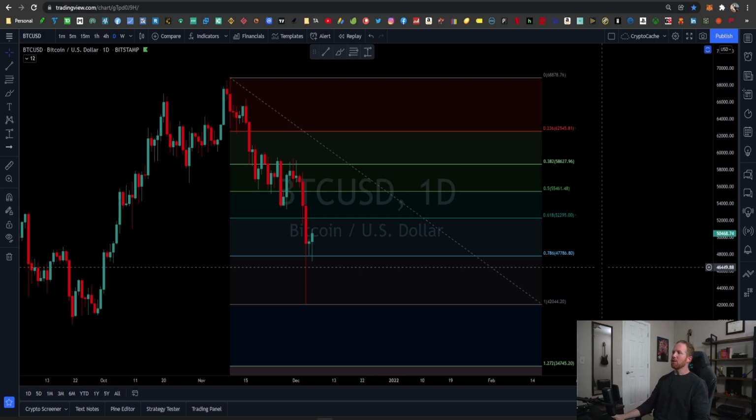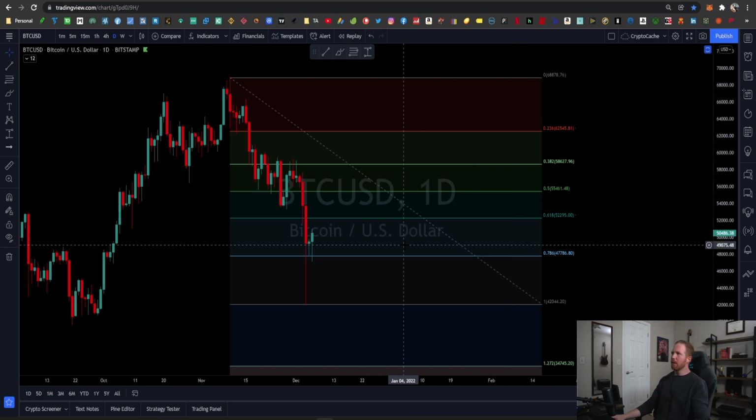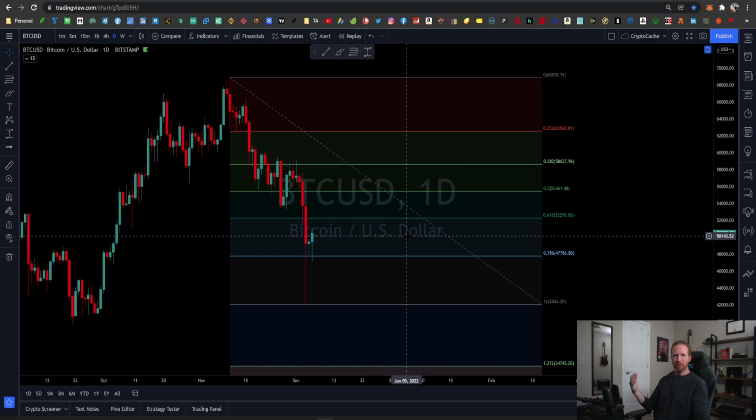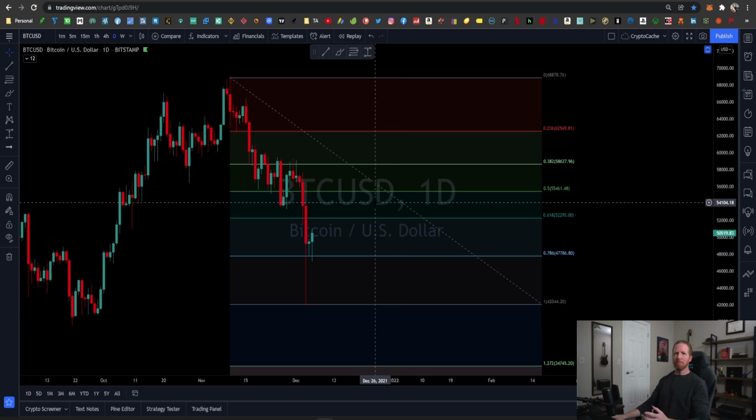Okay, so let's say, for example, we want to take entry right now at this exact time at 50,300. So we want to take entry and we're going to want to go to the upside, right? Our next profit target would, again, be based on previous support and resistance levels, but based on this exact scenario here, if we just use Fibonacci alone, we can see the major resistance levels, right? We've got a resistance here at about